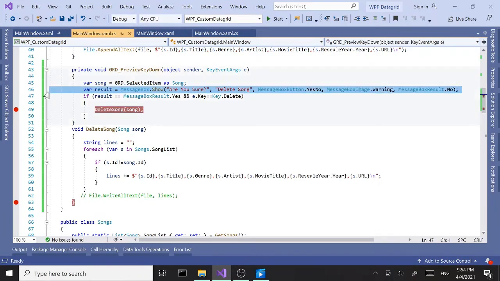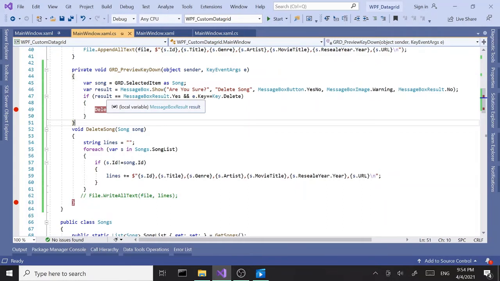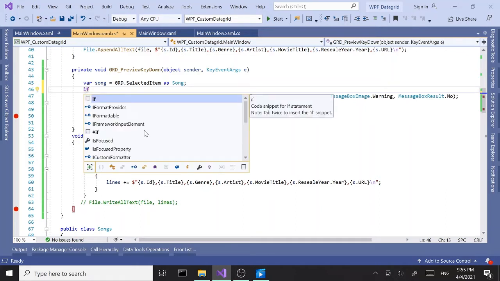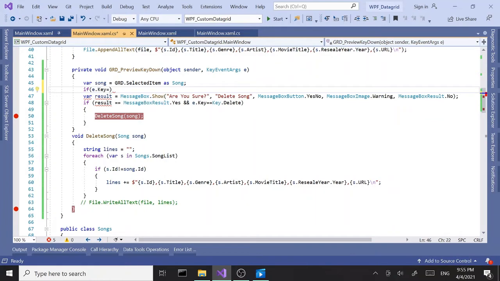Now I noticed something. This should have been inside here. Well, we can't do that, can we? Let's see. We can't bring that inside here because we are using the result over here. So what we can do is, we can copy and paste this over here. We can say if e.Key equals Key.Delete,